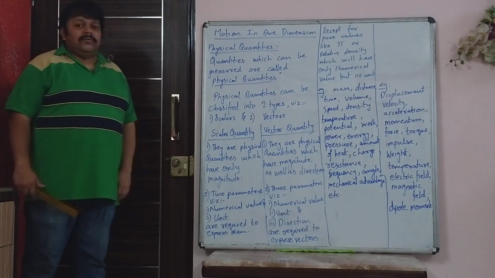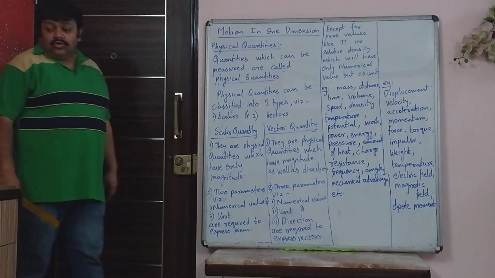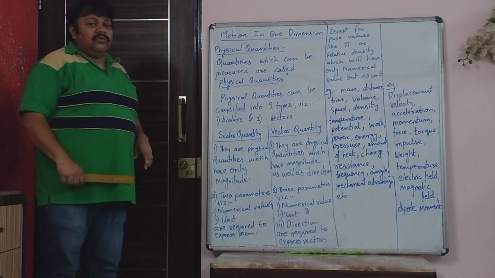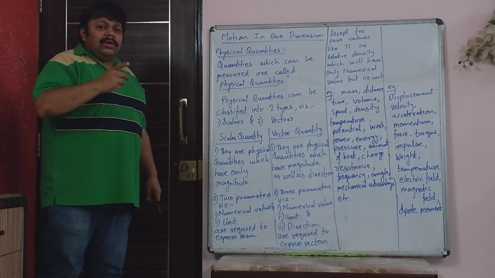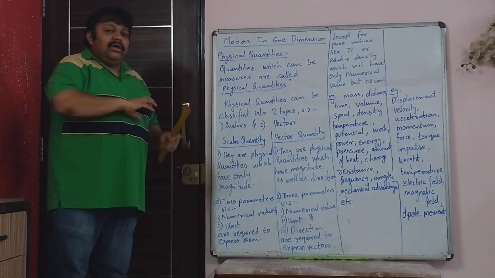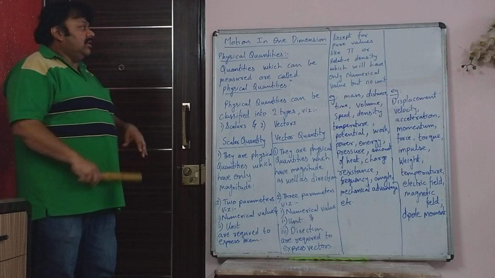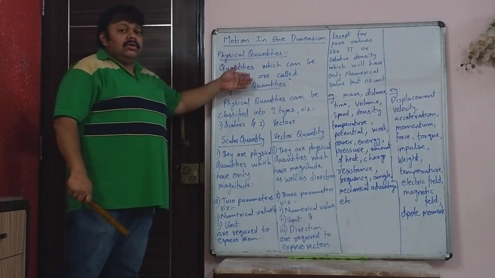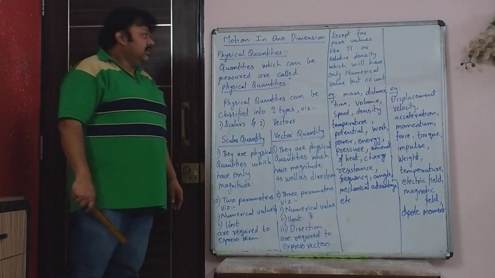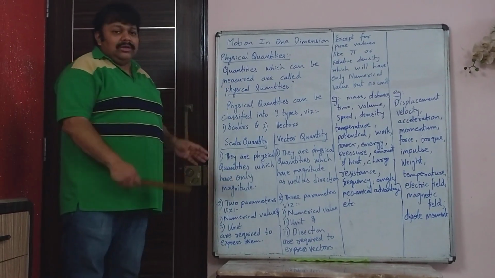Students, today we will start with a new topic. This is chapter 2 in your concise textbook, that is motion in one dimension. Chapters 2 and 3 are very much related. The terms, the expressions, the equations of motion, everything you learn here, you have used in chapter 3, which we have just completed. So now, first of all, the very basics.